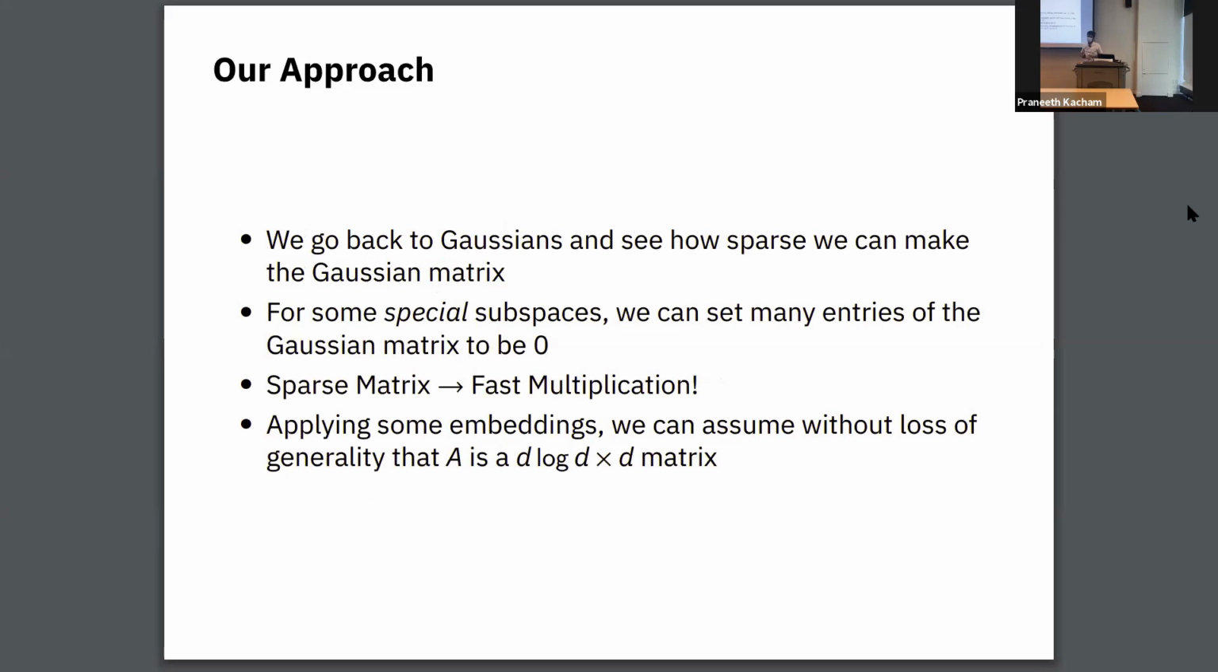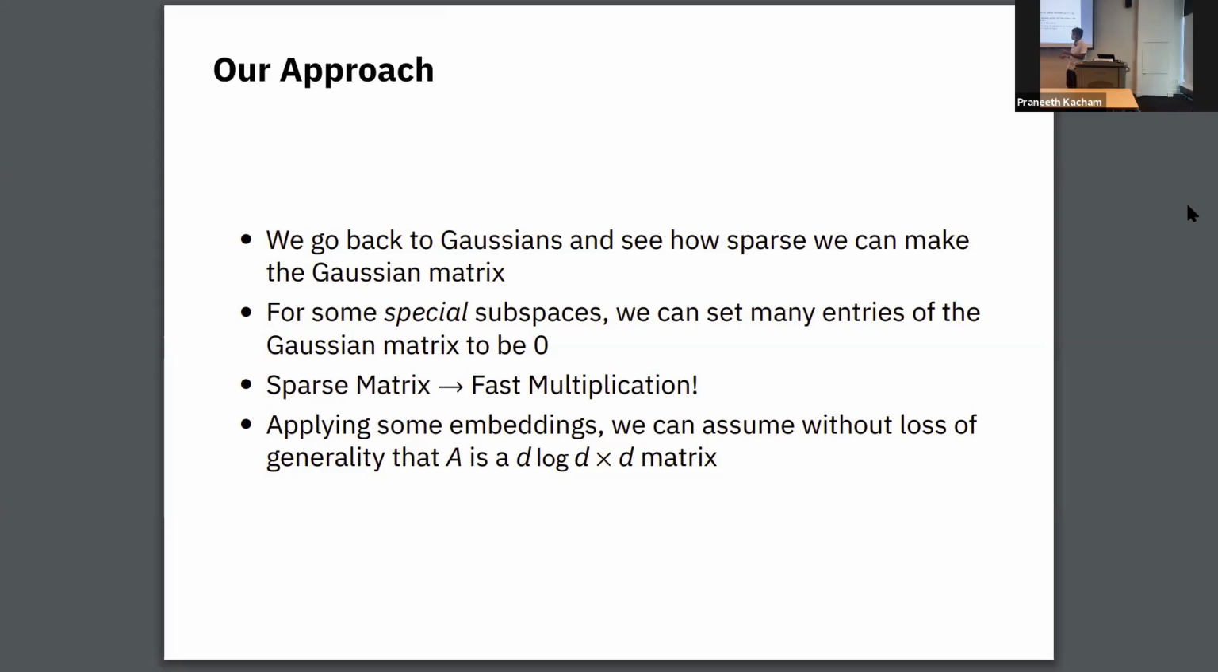So what do we do? All the subspace embeddings I described have d log d rows except the Gaussians. So we go back to Gaussians and try to improve the Gaussian embedding itself. The problem with Gaussians was that multiplying by them was hard, because the Gaussian was a dense matrix without any structure. So we looked at how sparse we can make this Gaussian matrix. If each row of the Gaussian matrix has very few non-zero entries, then we can multiply it with a matrix very quickly, right? So our entire algorithm is about making G as sparse as we can